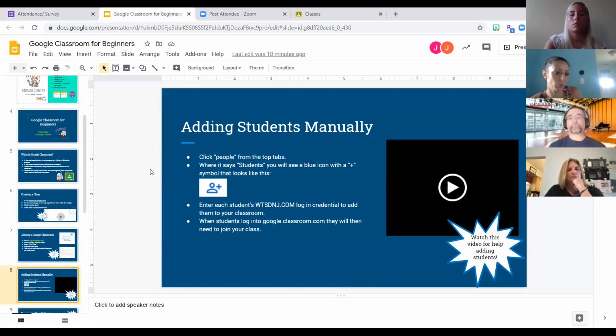Okay, next, this is something I had to do for the first time this year. I had to add students manually because last year, I taught kindergarten and they weren't able to type in their usernames by themselves. So to do that manually,